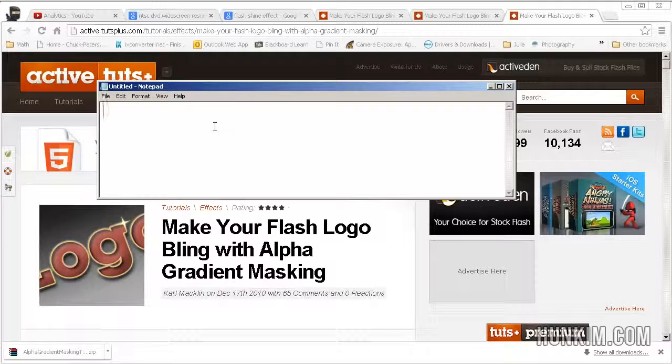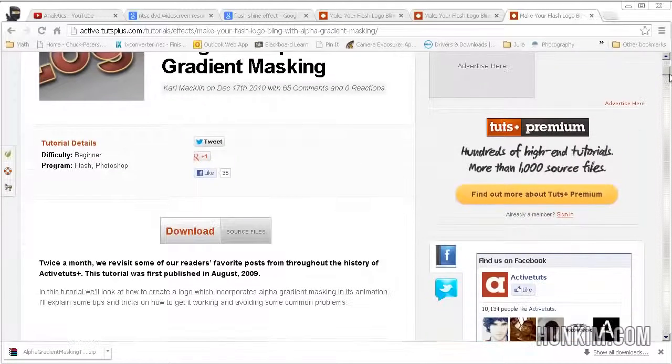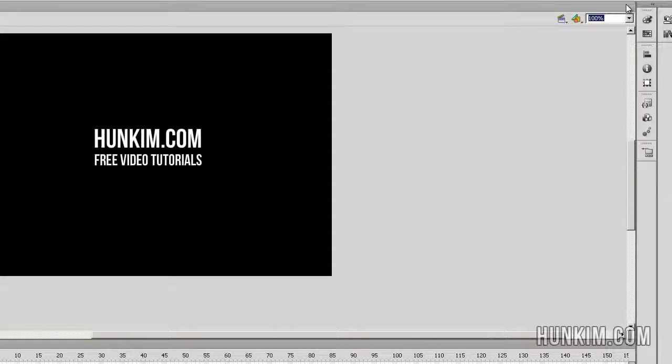And where you can find this tutorial is going to hoonkim.com/shine. And then it will take you to this nice tutorial. The idea here, I'm just going to give you a brief overview. You can follow it by yourself if you wish. You download the source files, you extract it, and once you extract it to your desktop, you should have this